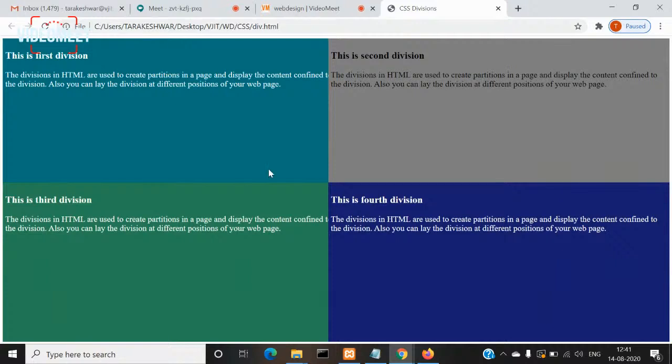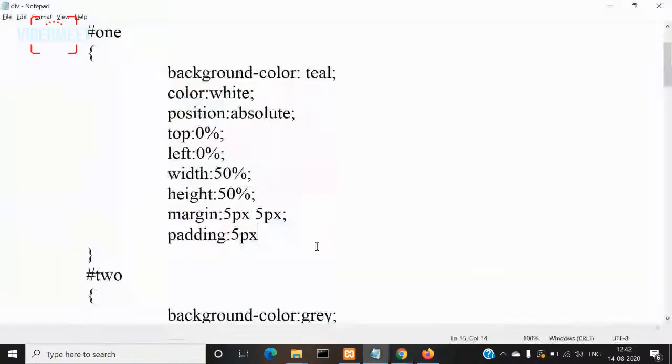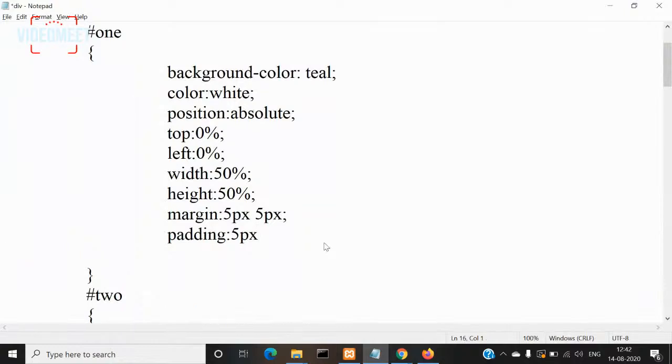Fine. You can lay it out in different ways. You can lay it out as a top division, left division, right division, and center division. Like that, you can create as many divisions as you want. And if you want to use a background image for these divisions, you can also do that by using a property called background